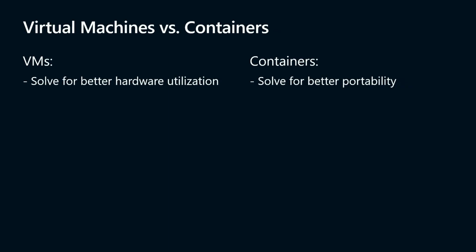So if you've got a big machine and it's running at 5%, now you're putting a whole bunch of VMs on it, and now you're utilizing the investment that you've put into that hardware much more efficiently. But with containers, you solve for portability. So you can move that quickly, you can respin it quickly. Again, like I mentioned, it's the cattle versus pet mentality.